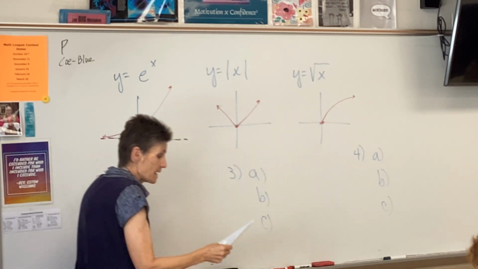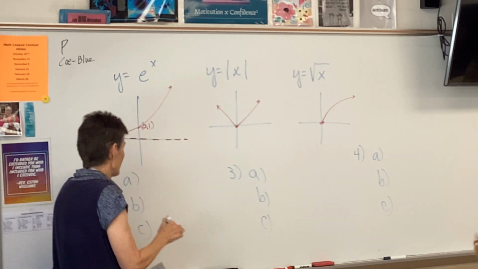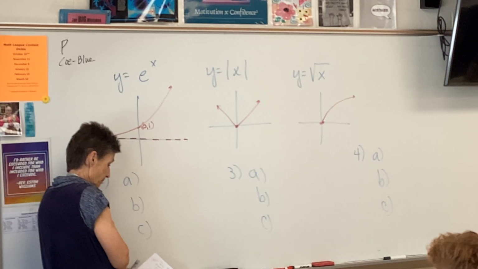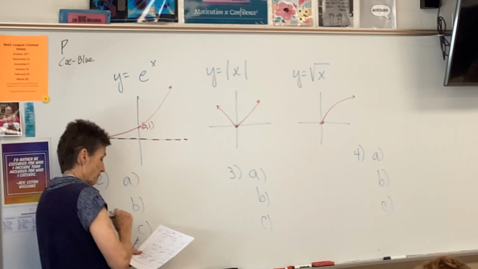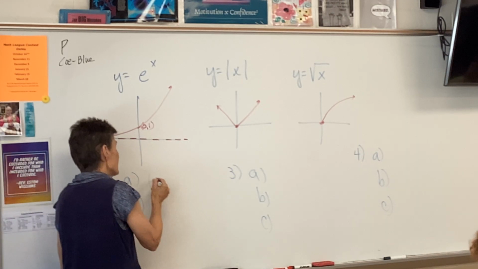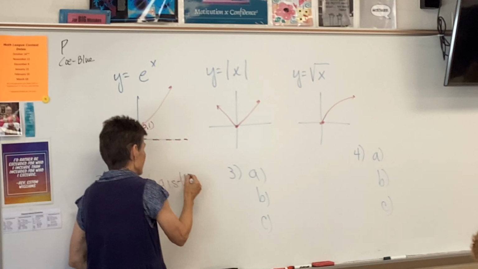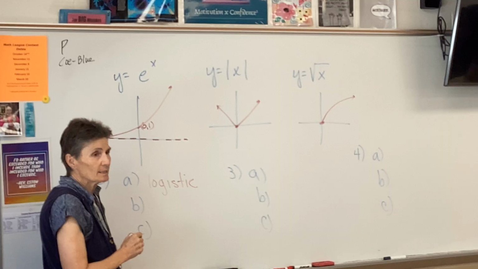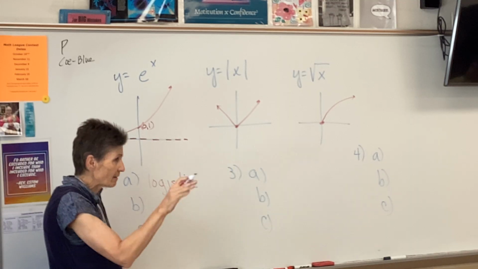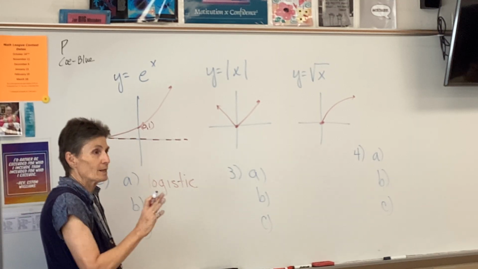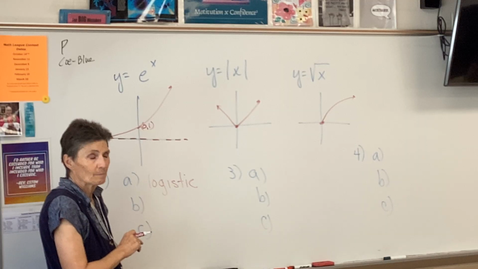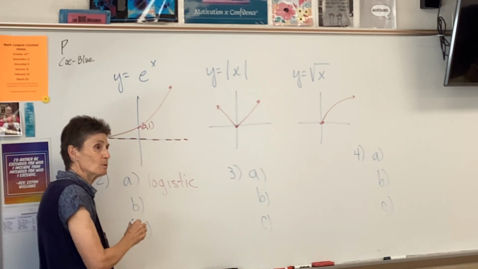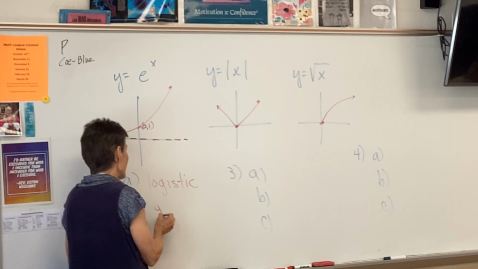Now we want the name of the indicated function. So what do you think that first one is? Logistic. Please don't abbreviate that. It's logistic. I'm afraid if you abbreviate it, it will look like log, and we already have a log function too, so we're not going to abbreviate this for right now. How about the next one, B? Which one's that? That's your greatest integer,